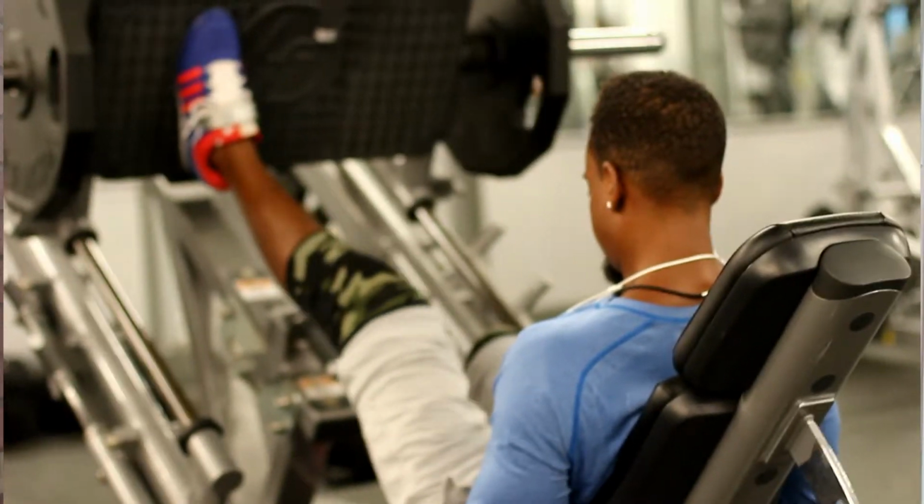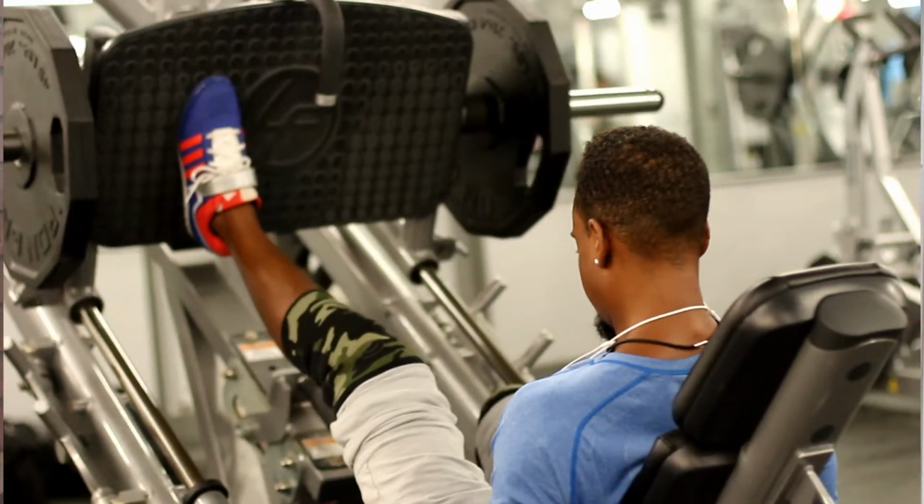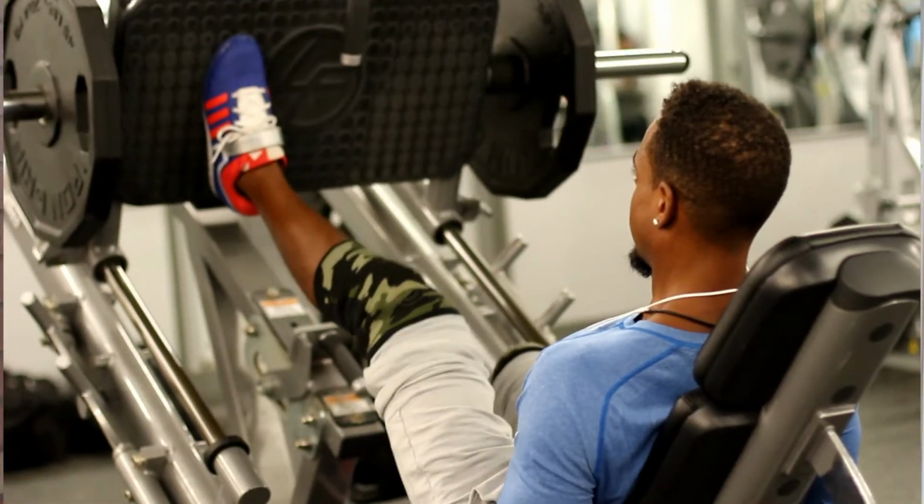Now, if you're a person who's just looking to build your quadriceps, that big thick muscle on the front of your thighs, leg press is the way to go, right? But if you're trying to build glutes and hamstrings, definitely you want to vertically squat. You want to reach full hip extension, right? So,